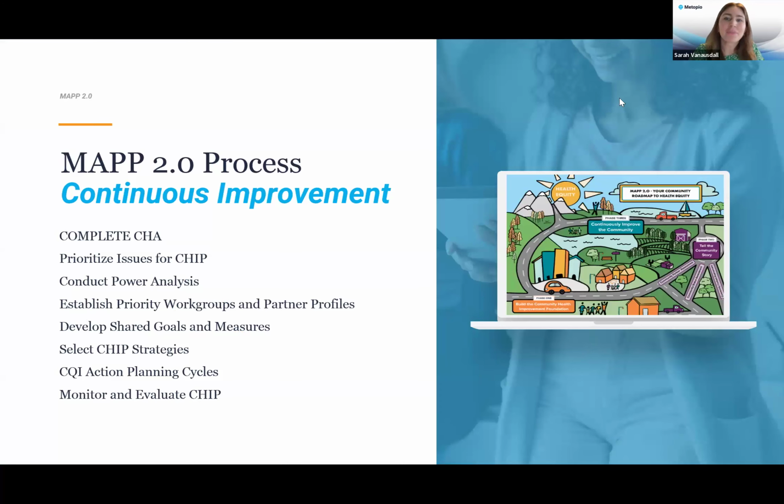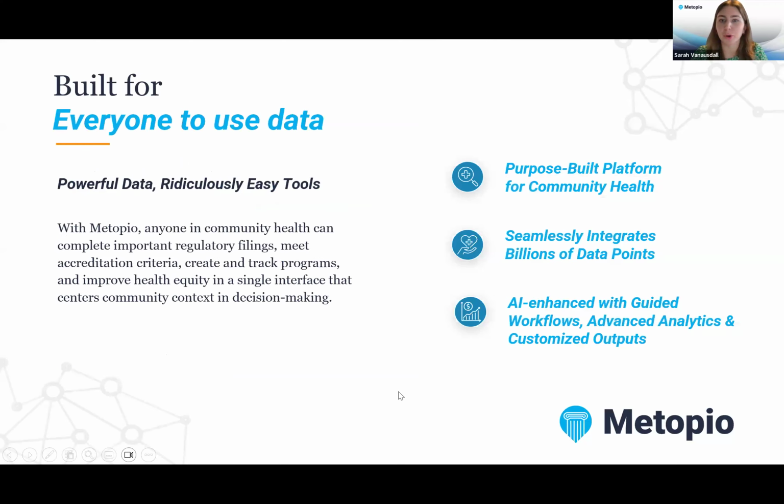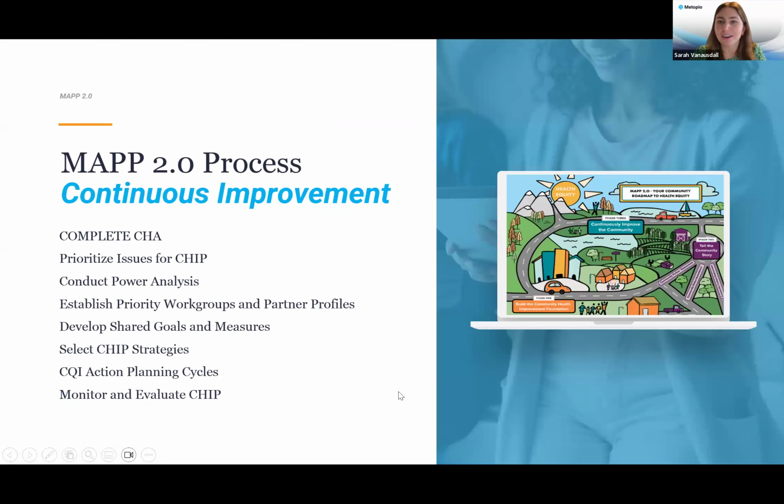So thanks, Angie. For this slide right here, I'm just going to give a brief overview of what we talked about on our last webinar and center everyone around the current phase 3, or CHIP process, of MAP 2.0. Our prior webinar focused primarily on the community health assessment, or CHA, specifically the first 2 phases of the MAP 2.0 process, which you can see on the graphic on the right of the slide.